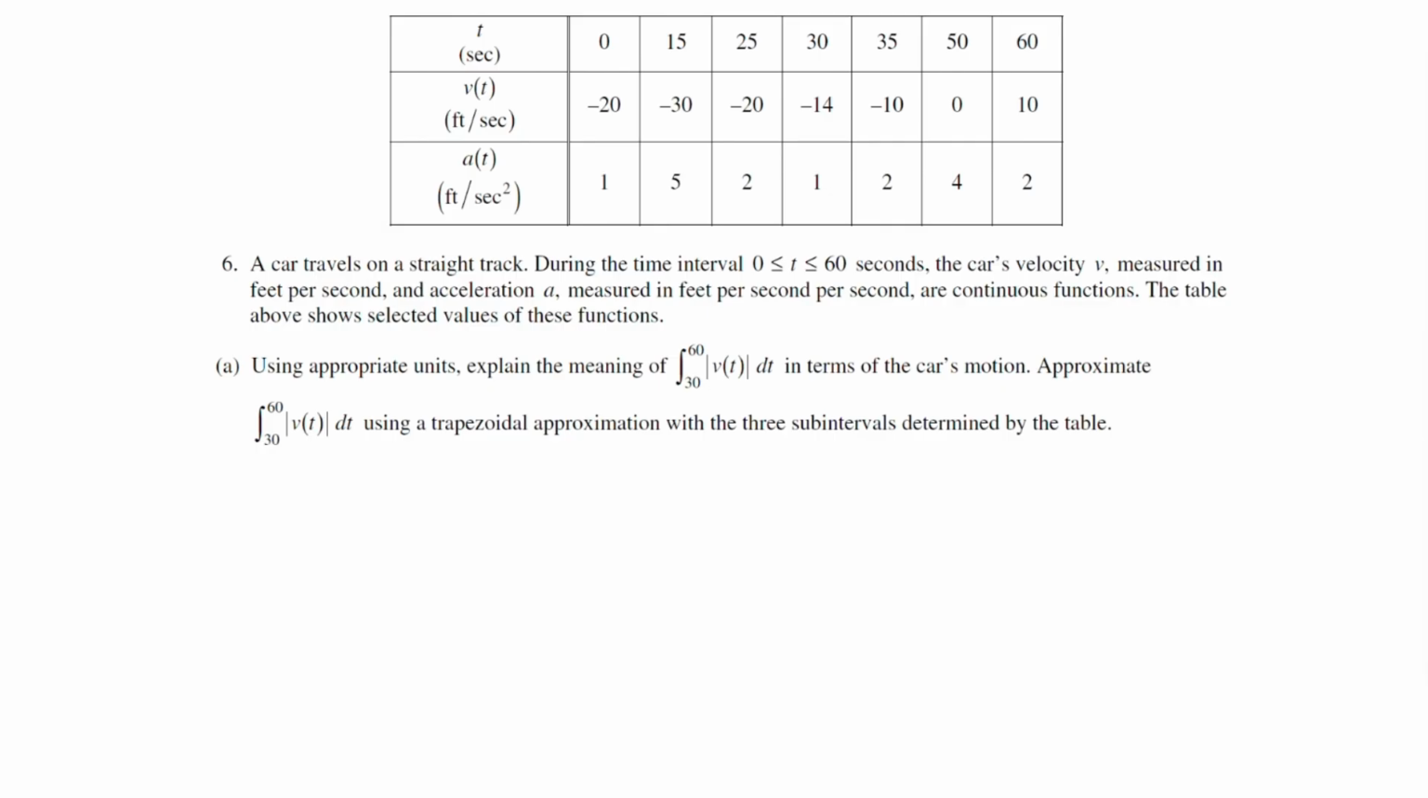So it asks us first to, using appropriate units, explain the meaning of the integral from 30 to 60 of the absolute value of v of t dt. The integral of absolute value of velocity is an integral of speed, and an integral of speed always tells us a total distance traveled. So we're going to say the integral from 30 to 60 of the absolute value of v of t dt is the total distance